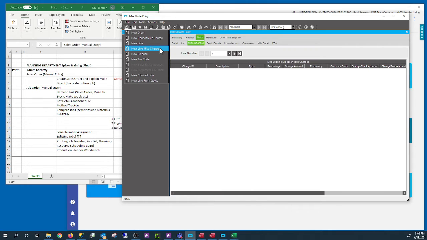Yeah, so Tony is asking, how do we want to add expedite fees on here? Are we going to add it at the line number, or added in the sales order? Yes. But there's two choices. You can make it like a regular part, where you put a special part called expedite fee, or you can add it as a miscellaneous charge. No, it's a miscellaneous charge. So we create, there's more than one type of miscellaneous. Yeah, that's what I thought. Okay, so let's create a new line miscellaneous charge. We should create expedite fees.